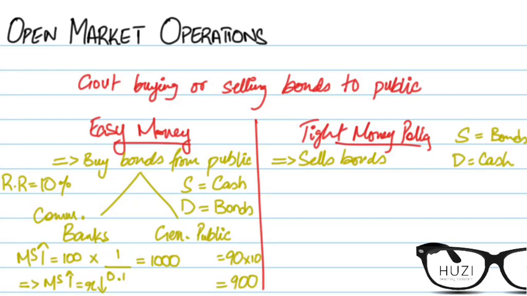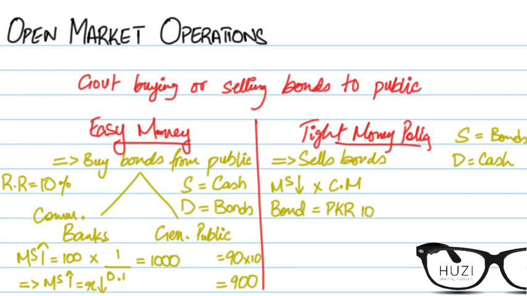And we already know that the cash that lies with the central bank is not to be included in the money supply. So money supply will fall, but it will fall by times the credit multiplier. So the reserve ratio is 10, so the credit multiplier is also 10. So let's say a person buys a bond, and the price of one bond is